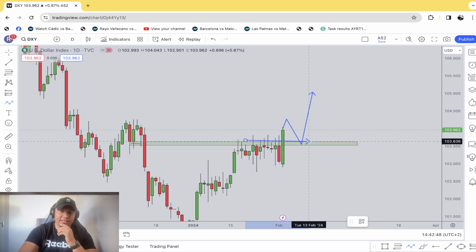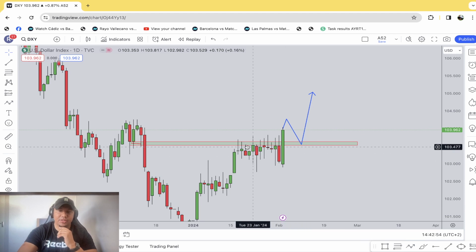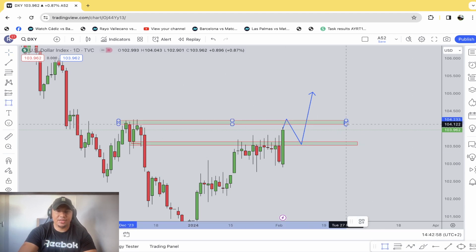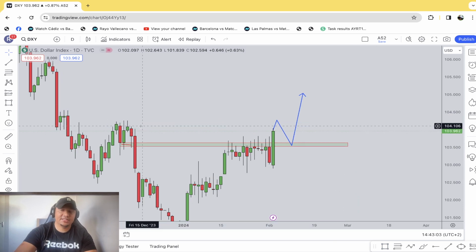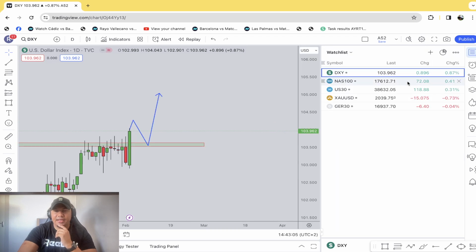As this level over here acted as a level of resistance, the market broke above resistance. All of that resistance has now turned into support as well. The next level of structure that we have to take into consideration is going to be this level over here, because that is a level of resistance as well.